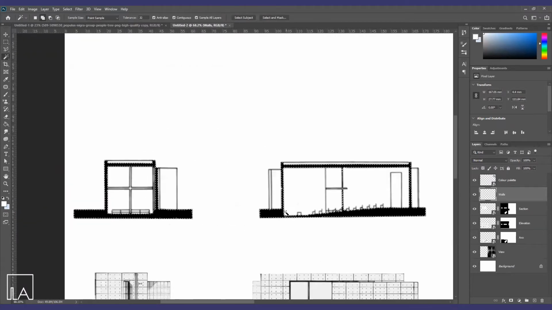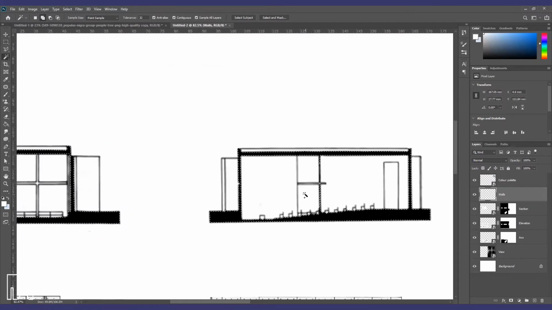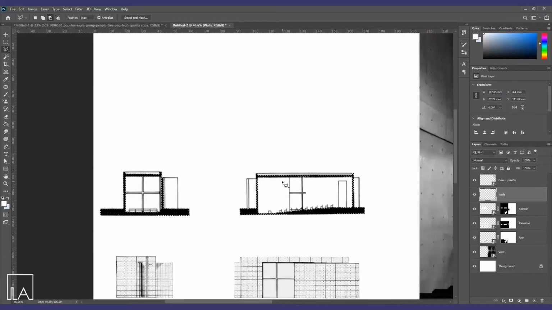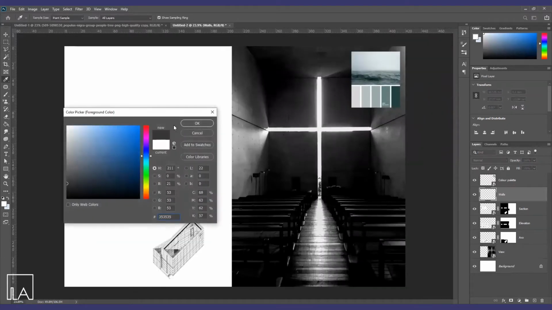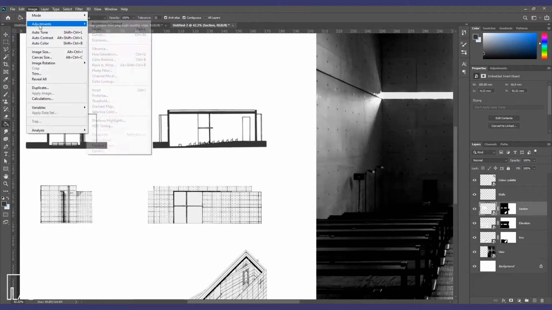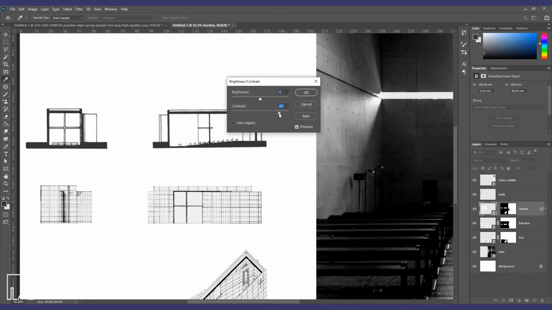If the image is not of good quality, as in this case, you can see that the walls appear very blurry. So you can select it with the marquee tool or the polygonal lasso tool and then fill it using the paint bucket tool in Photoshop. This is going to increase the sharpness of your image and make it look a lot clearer. You can also go to Image Adjustments, Brightness and Contrast to further improve the quality of the image.